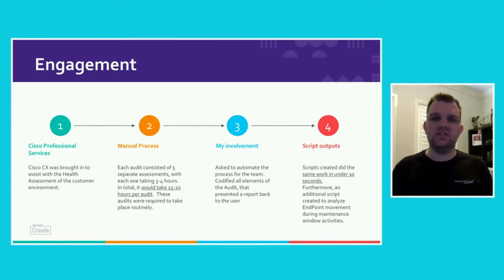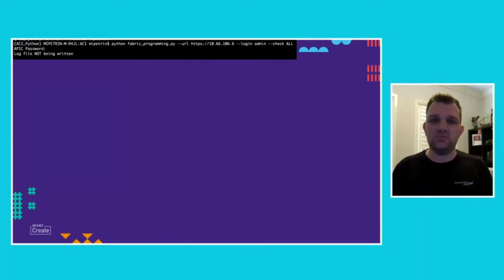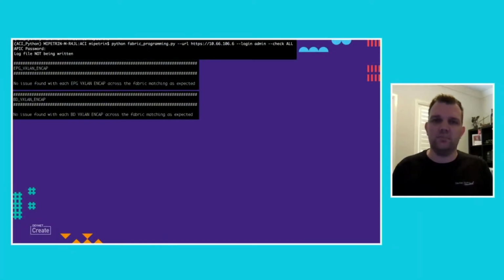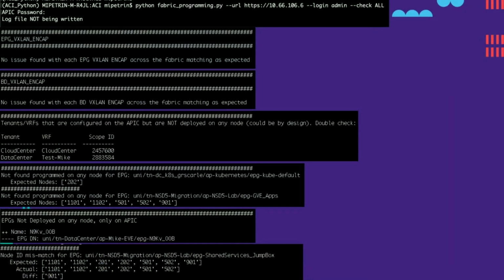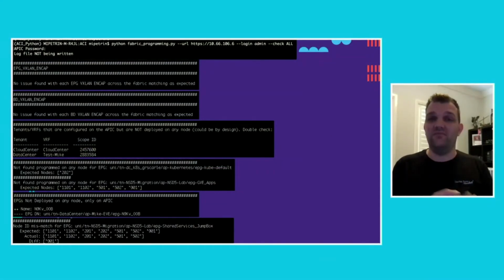So just some quick sample output. Again, this is not from the actual customer environment, but from my lab, obviously for privacy reasons. But again, you can see the script, and this is just a small subset of it, but it was able to provide in a user-friendly way what the VXLAN IDs are, if they're matching or not, what the tenants and VRFs are, what's created, where they are deployed, as well as their endpoints or applications from an information perspective. So again, it was really about efficiencies in the auditing process, coming down from 15 to 20